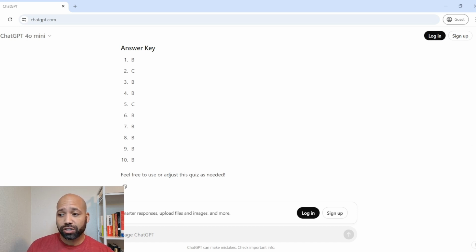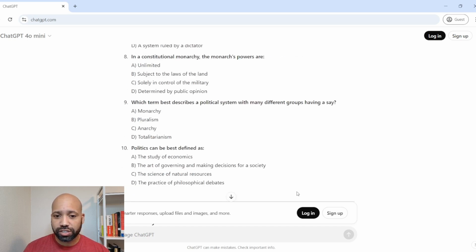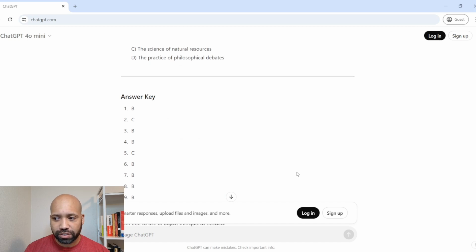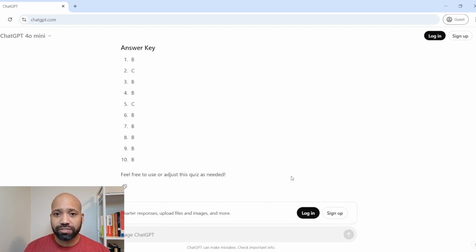And what I would actually do is I would plug these questions into Google Forms, change the answers up just a little bit so that it's not just B and C answers, and then have a quick formative assessment that I could post on Google Classroom. You could do the same thing. So the possibilities with ChatGPT are endless,